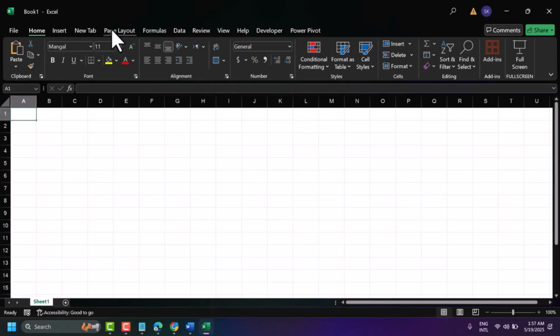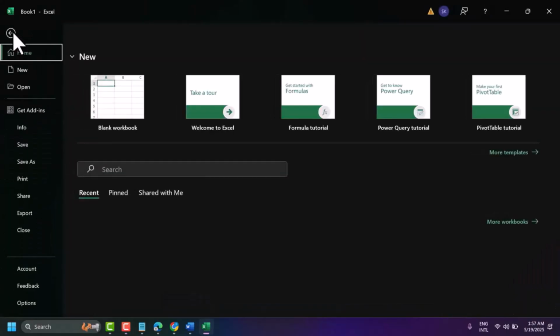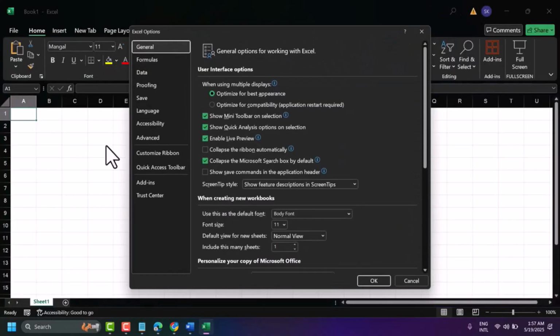To fix it, firstly you need to go to File, and you can see this type of interface. Then click on the last option, Options. First click on it, and you can see this type of interface, and in the last fourth option, Customize Ribbon. Just click on it,